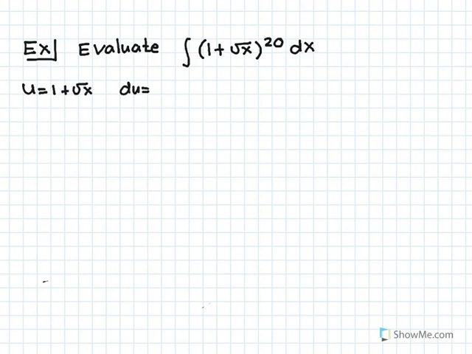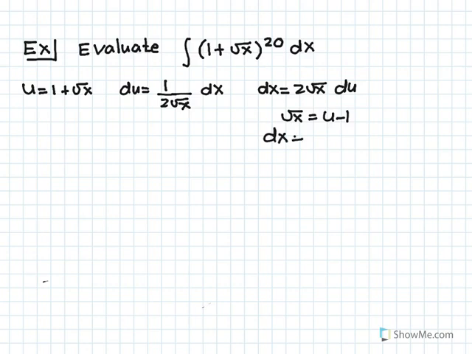du is going to be, applying the power rule, 1 over 2 root x dx. And if we solve for dx, we get dx is equal to 2 root x times du. And now our goal is to get dx entirely in terms of u. So notice that root x is equal to u minus 1. So we can rewrite dx as 2 times u minus 1